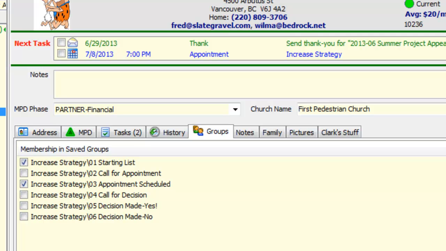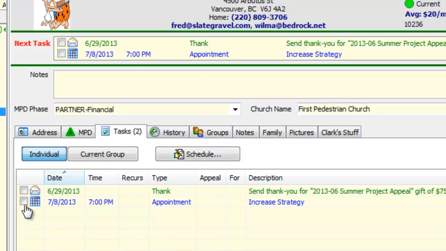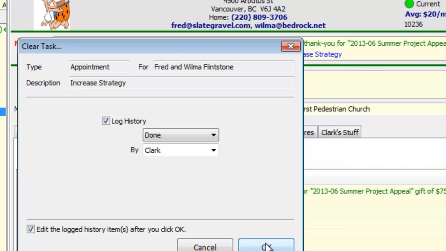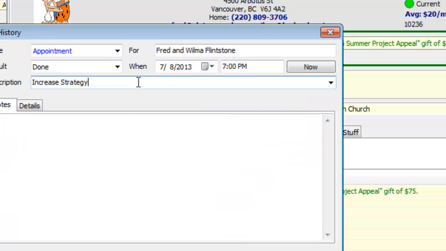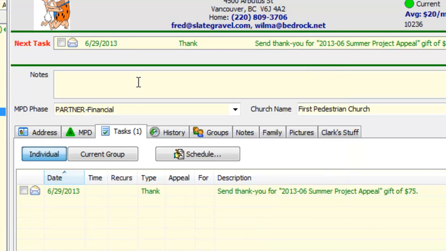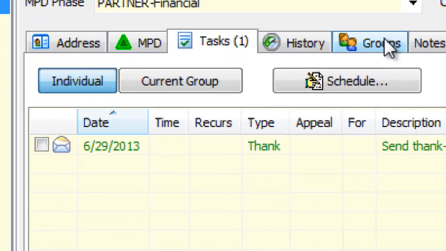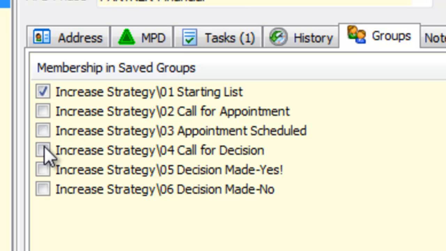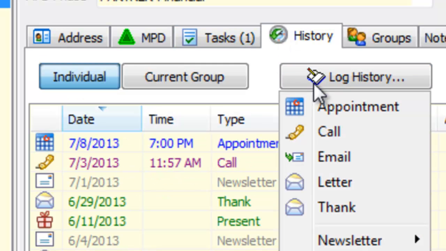And so eventually, as I work through this process, come next Monday, I go on the appointment and I finish it. And then I say, call for decision. Okay, so they didn't make a decision on the spot. Now, in this case, I'm going to move him from appointment scheduled to call for decision because a lot of times people don't want to make a financial decision on the spot. And if I said I was going to call back at a specific time, I might schedule a task for that. But in this case, since I'm working with so many, I'm just going to leave them in the call for decision area. And then when I make that phone call,